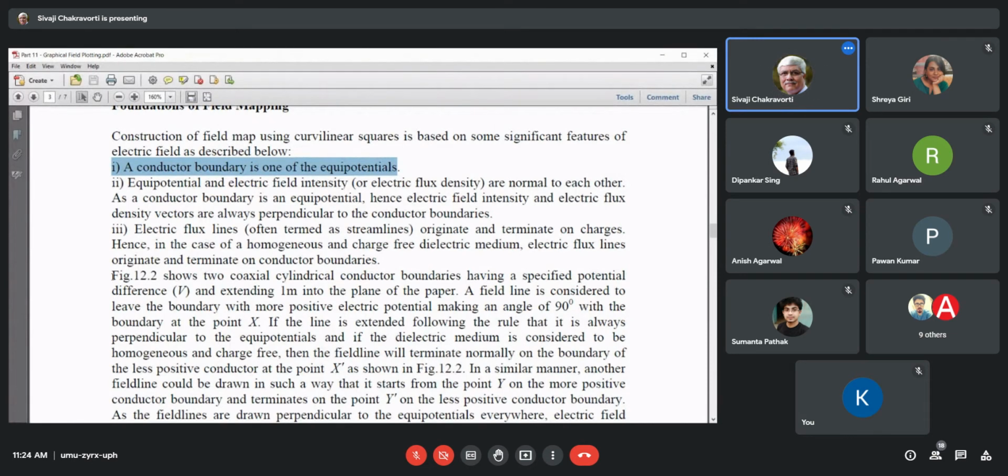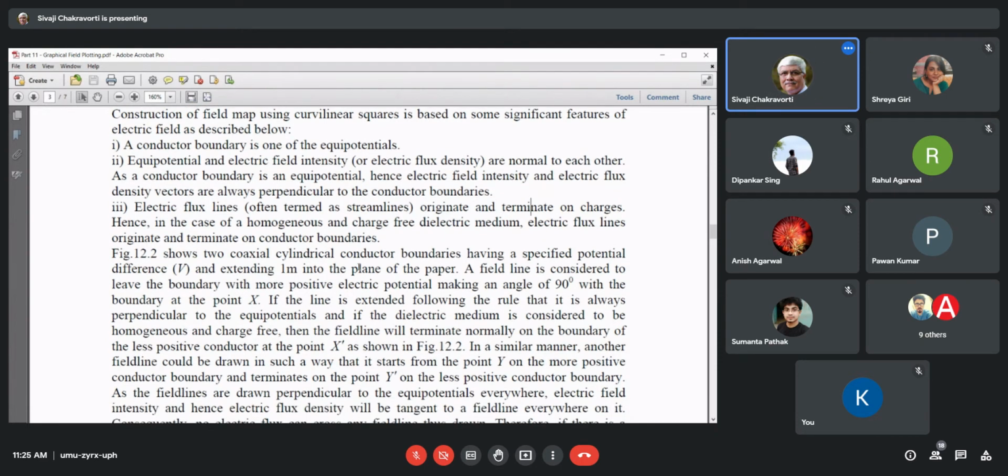Number two, equipotential and electric field intensity, which is also the same as far as direction is concerned as electric flux density, are normal to each other. As a conductor boundary is equipotential, hence electric field intensity or electric flux density vectors will be perpendicular to the conductor boundaries,